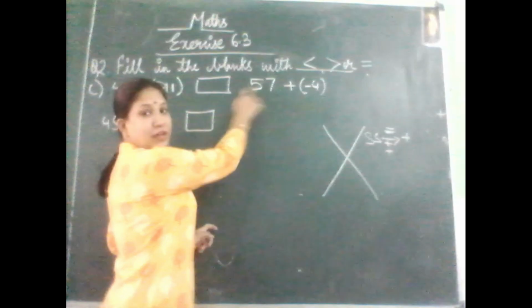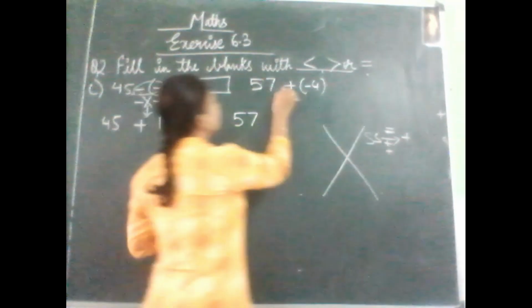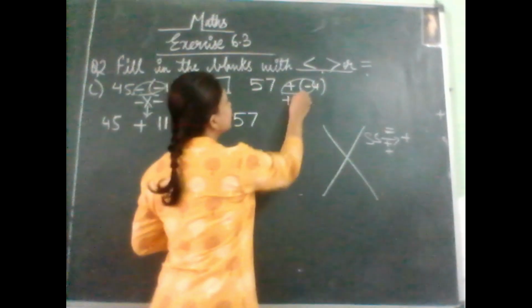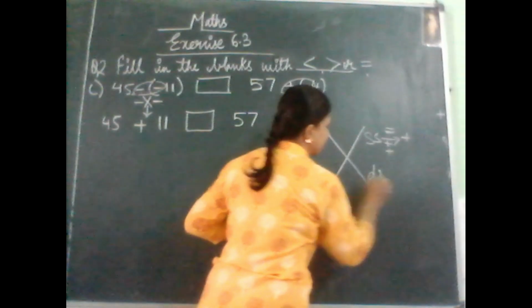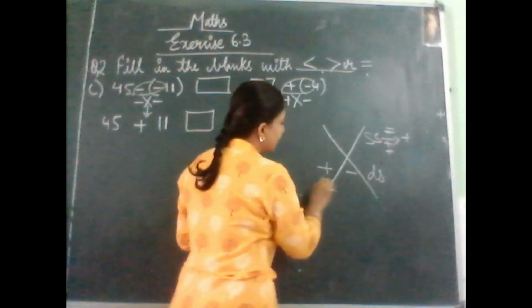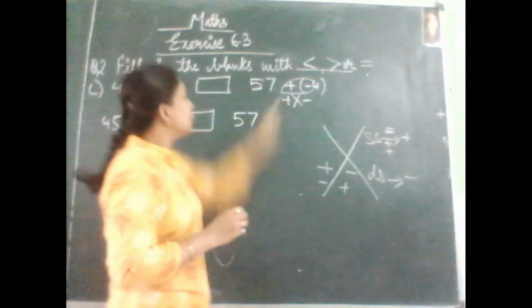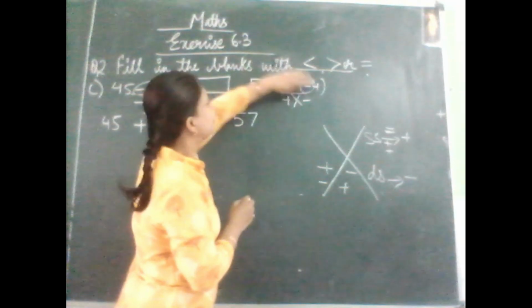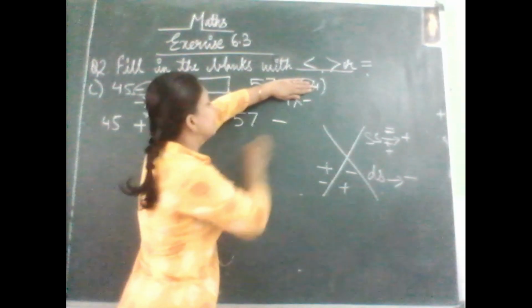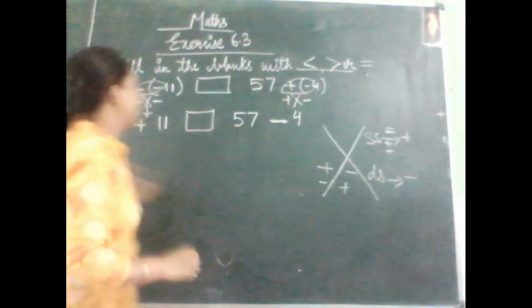Now see 57. Again here there is no bracket, so you bring this down as it is. Now we will solve the bracket. What is this? Plus into minus. When you have to multiply two different signs, that is plus into minus or minus into plus, you simply put a minus sign. So instead of plus into minus, you put a minus sign. What do you have? 4. Bring that 4 down.